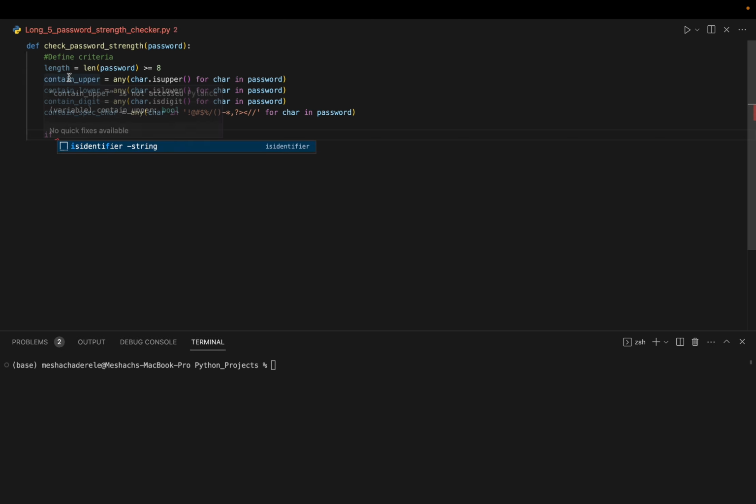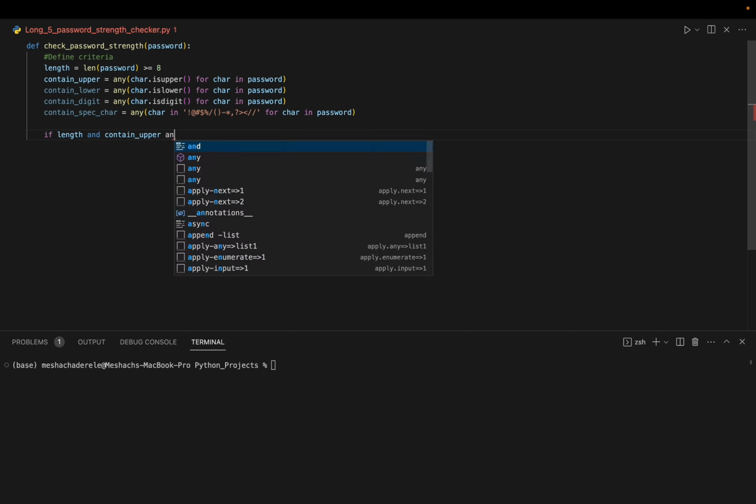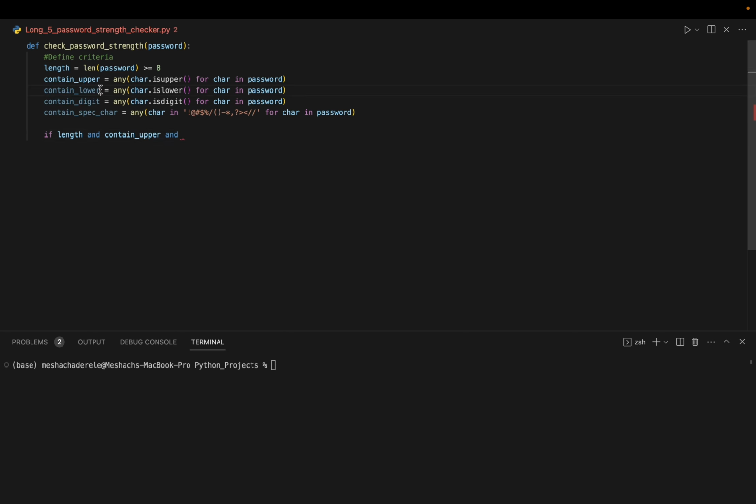So we're going to say if the length, and that is if this criteria is true, like okay, contains upper and contains lower, all right, if it fulfills everything over here,